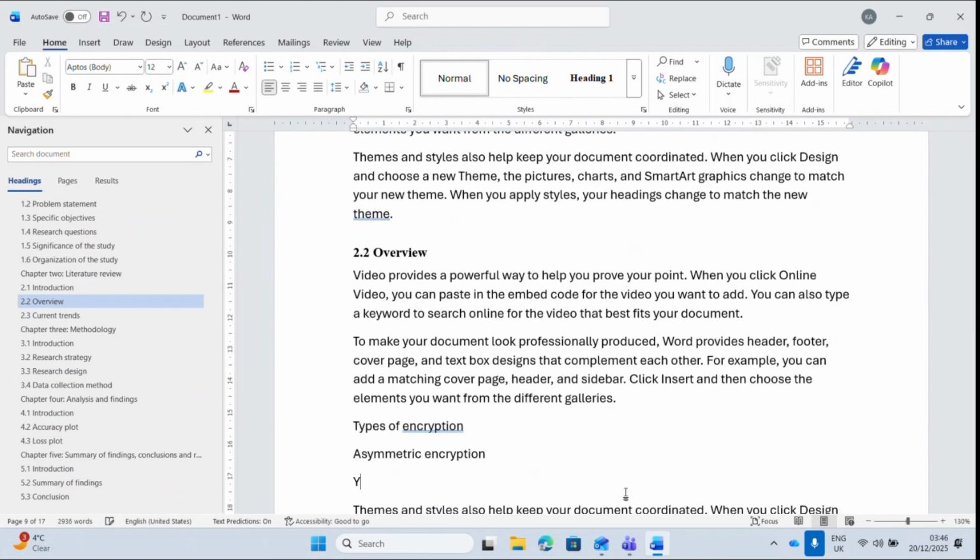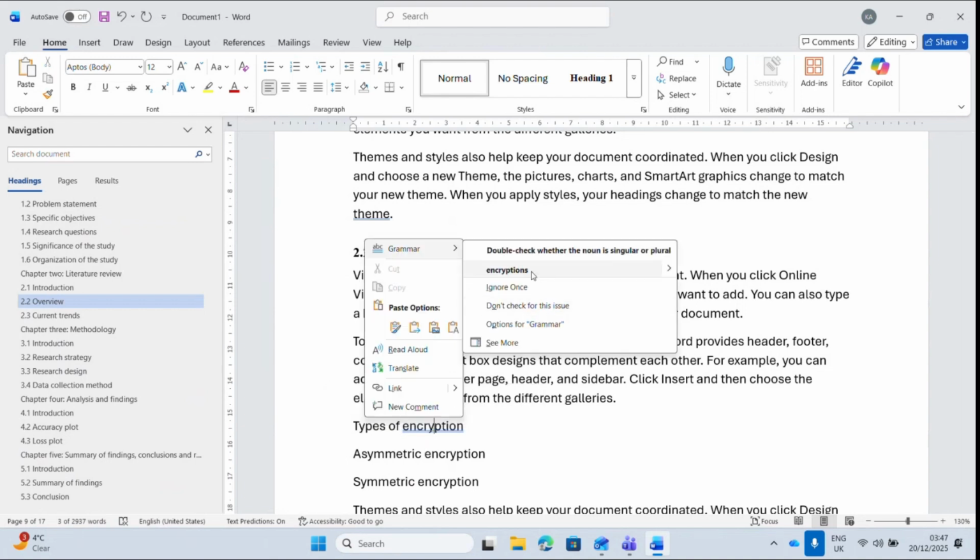And then symmetric. So this will be 2.3. Let's say you want to have 2.3 types of encryption. Right, so